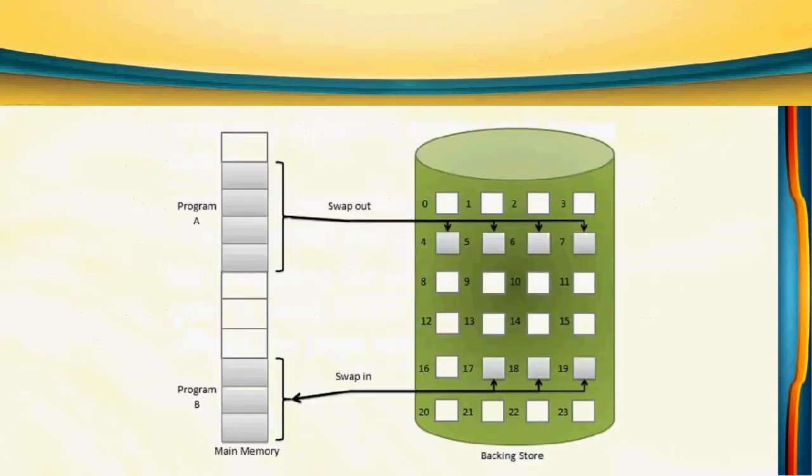The diagram is given here. Swapping is moving a process from main memory to secondary storage, here given as swap out, and bringing another process into main memory. While moving, we are moving the pages also. So here 1, 2, 3, 4: process A has 4 pages, and these 4 pages we are moving out. Similarly, process B has 3 pages, 1, 2, 3, here. Those 3 pages we are loading into main memory for execution.